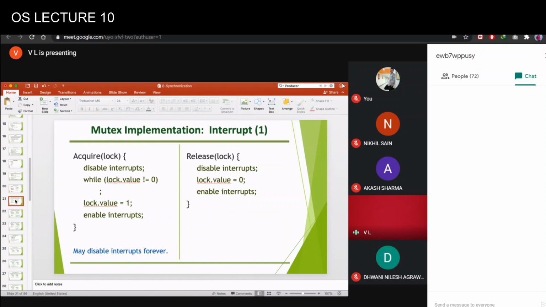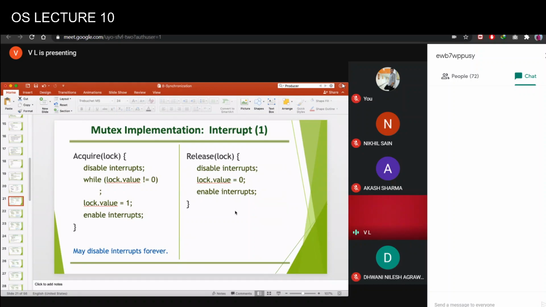One way to implement the lock would be using the interrupt enabling and disabling mechanism. The idea is that in acquire lock, the very first instruction executed is disable interrupt. So whatever code is executed now can be executed without any interruption, so it will be atomic mode. Now the process will check whether the lock value is equal to 0 or not. If the lock value is 0, it means it is available, so it will make it non-available and then enable the interrupt. So the process has acquired the lock. And when it is releasing the lock, it will disable the interrupt, set lock value equal to 0, enable the interrupt, and so on. Now, what could go wrong here?